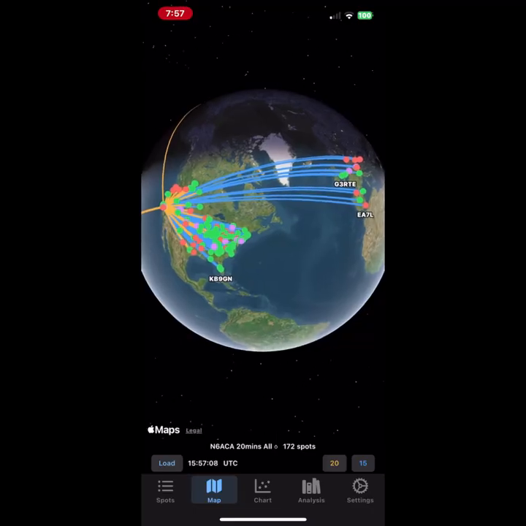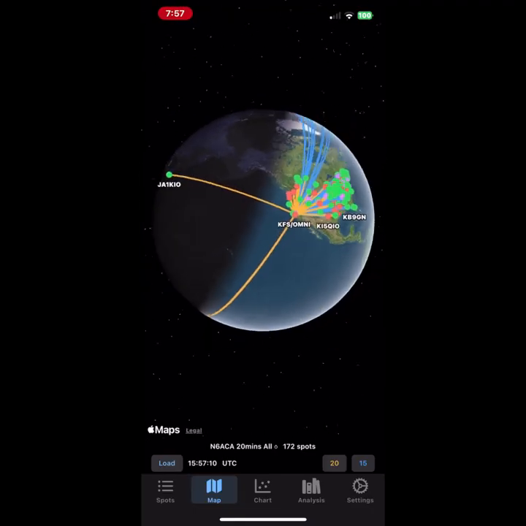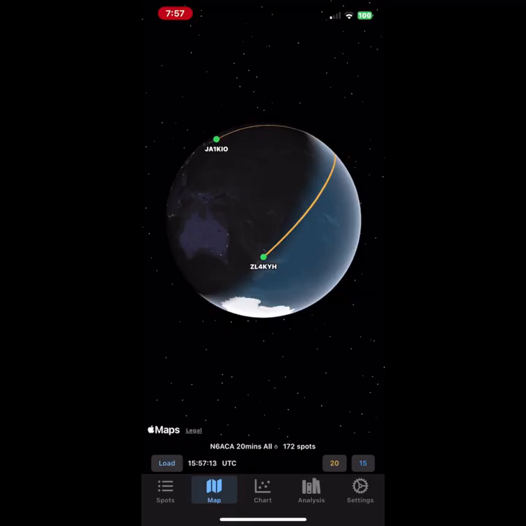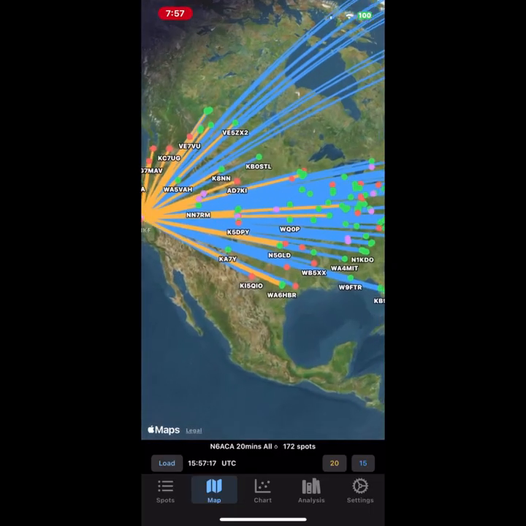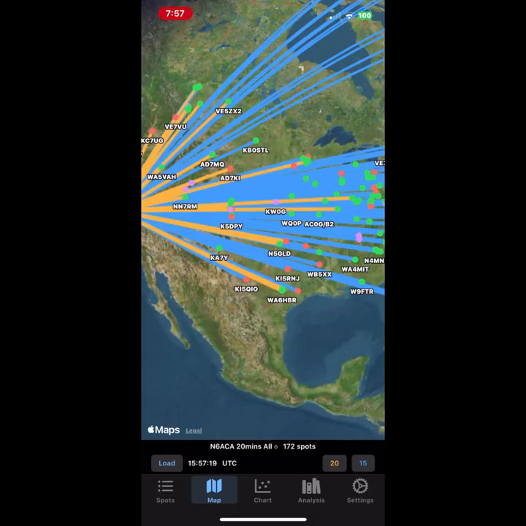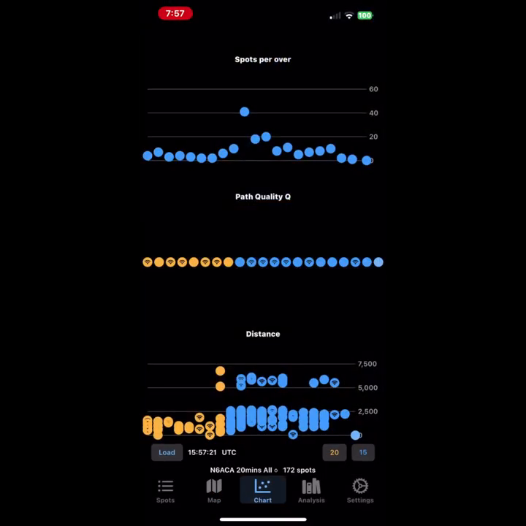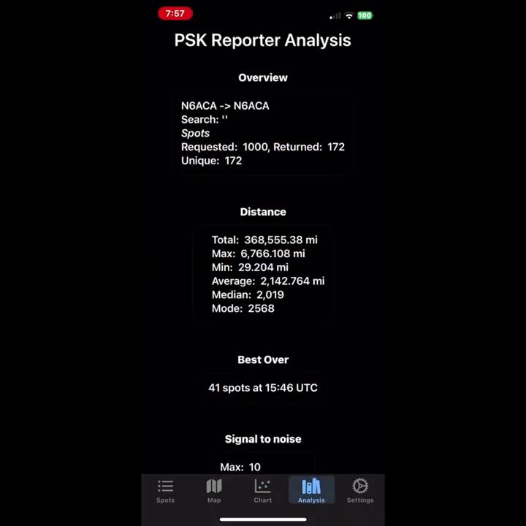Based on the data, it can map it out in several different formats, either in a globe or in a flattened map format, and we can see the information by band. Then we can also see the path quality here and looking at all the information regarding individual